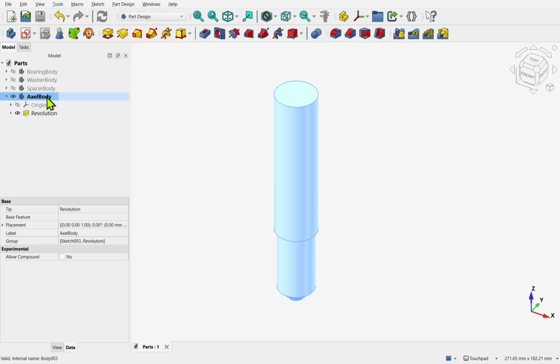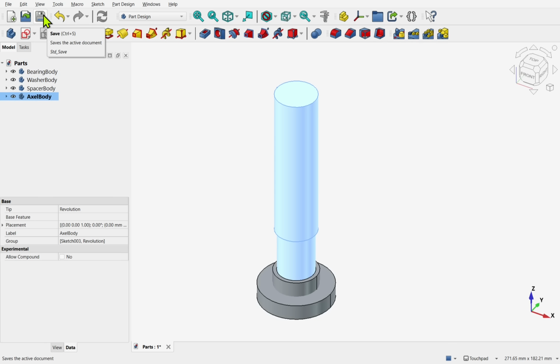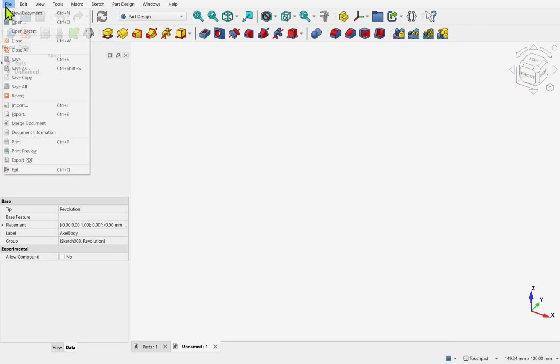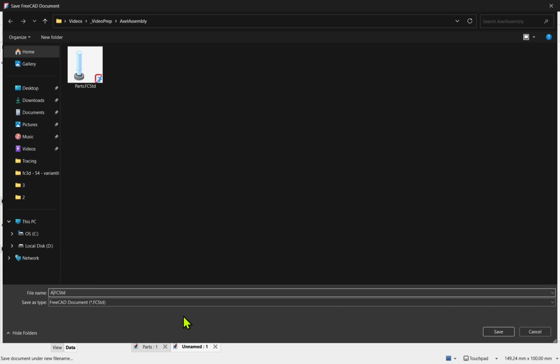Now we've got the basic parts, let's show them all. They will be on top of each other, that's fine. Just save that again, and then we can create our assembly file. For that we need a new document, and we need to save it as well. Call this axle assembly,